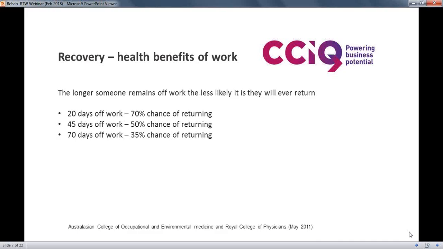And really, in summary, what I would say in relation to this slide is that we would encourage businesses to do all they can to encourage a person's stay at work or a prompt return to work where it's reasonable within the parameters. And I'll touch on this a bit later, but that's also possible if you don't have suitable duties on site, that the person works in part of a host program with a host employer. But I'll touch on that a bit more in coming slides.